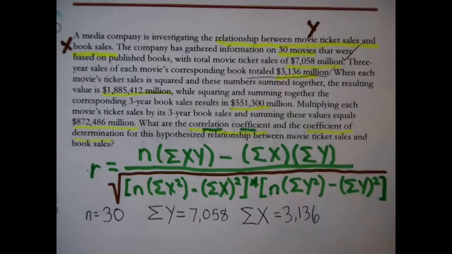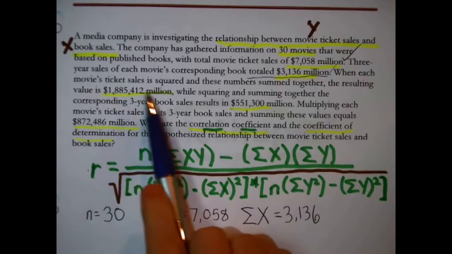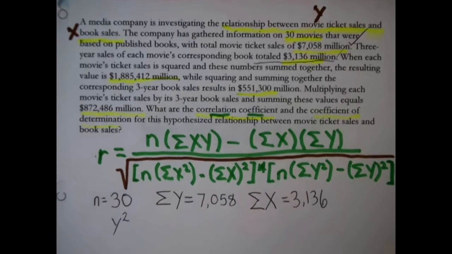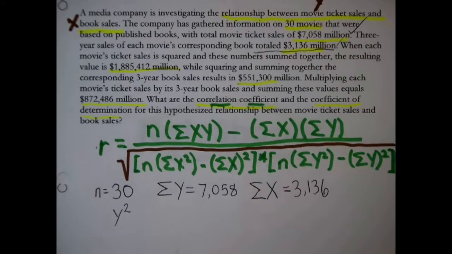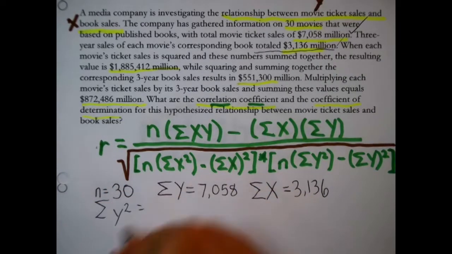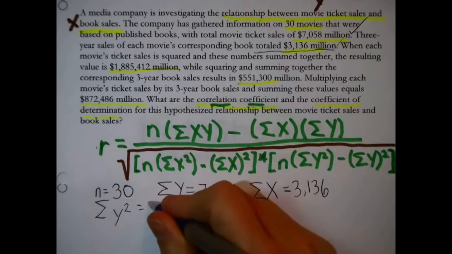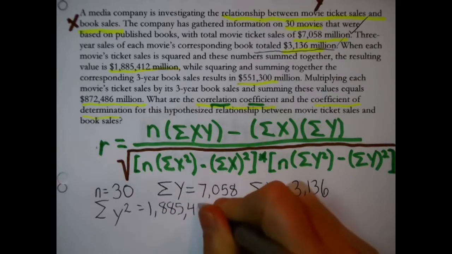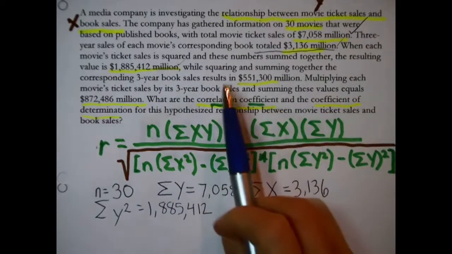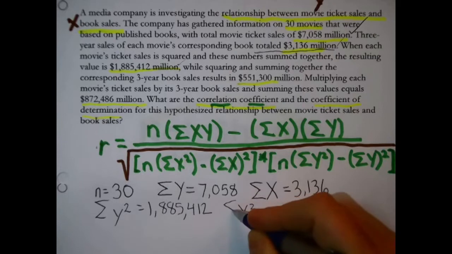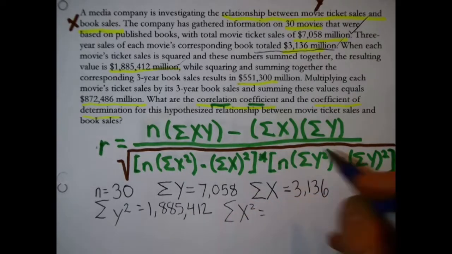Okay, got that one. When each movie's ticket sales is squared, we were saying movie ticket sales would be Y, so that would be Y squared. When each movie ticket sales is squared and these numbers are summed together, the sum of Y squared, you get this really large number that I need to copy down, 1,885,412. Okay, got it. While squaring and summing together the book sales, X for book, squaring and summing them together, the sum of X squared is